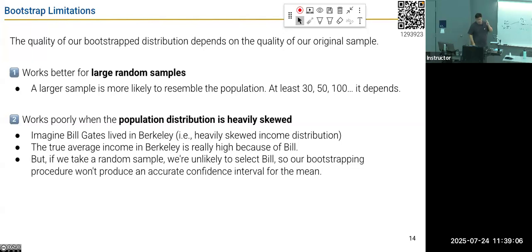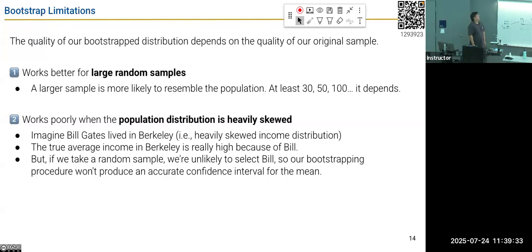But your sample is very unlikely to pick Bill Gates, because out of the tens or hundreds of thousands of residents of Berkeley, there's only one person. The chance of picking Bill Gates is quite low. So as long as your sample does not pick Bill Gates, you're not going to have that in your bootstrap at all either, so your bootstrap is going to do a pretty bad job